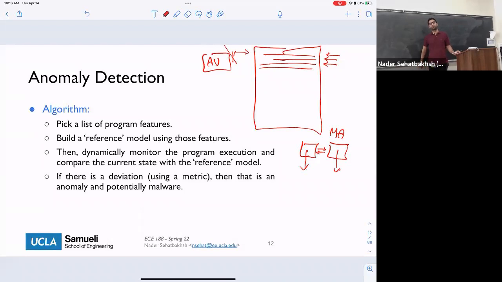Okay, and who provides the malware analysis, like the dynamic one? So you are the ones. For example, if you want to make sure that your system is not being attacked, you will actually implement that in your system. These days, Microsoft devices come with dynamic malware analysis as part of the operating system itself. So usually the operating system, or sometimes the hardware, does this for you.